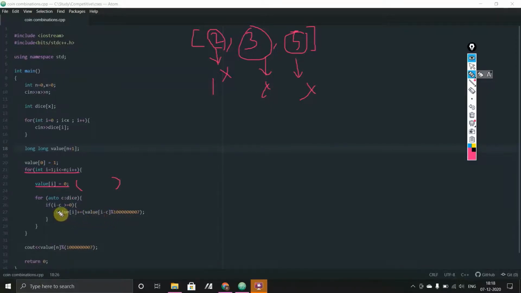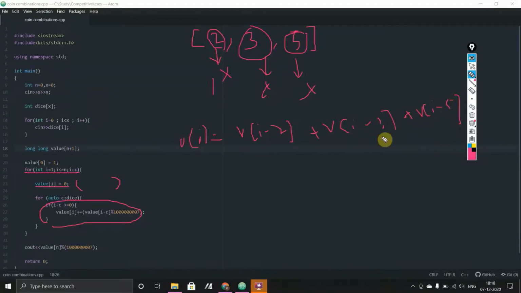Now if I expand this part, it is much like value of I is equal to, as we already discussed above, V of I minus 2 plus V of I minus 3 plus V of I minus 5, as we had already discussed in the explanation part. And this is